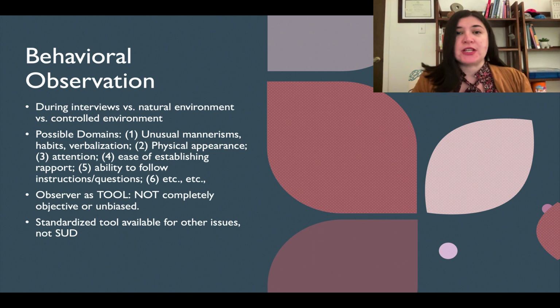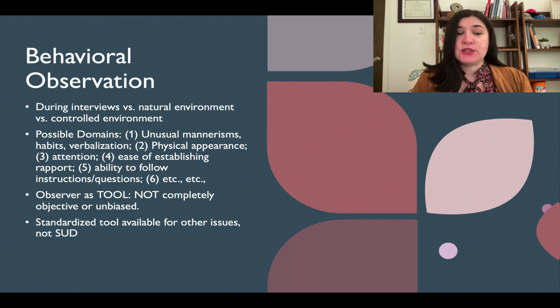Are they continuing to go off on tangents and not really focus on the question? And then there's other types of behavioral observation that might just come up that you're not really thinking of and won't be common among all people. So maybe there's some specific observational data that you notice when they're in a family situation, like they keep turning to their partner when you ask them a question to get approval. Those would all be things you'd want to write about in your substance abuse evaluation for this specific domain.